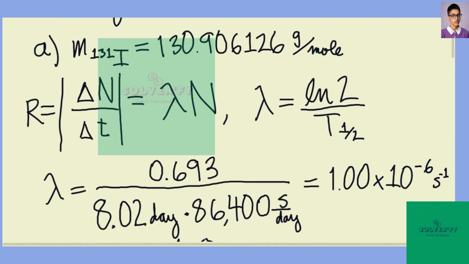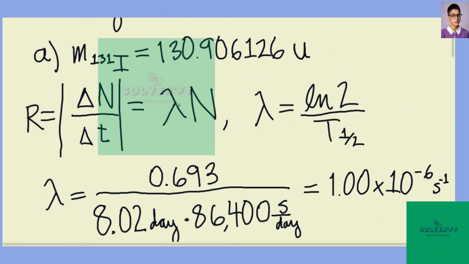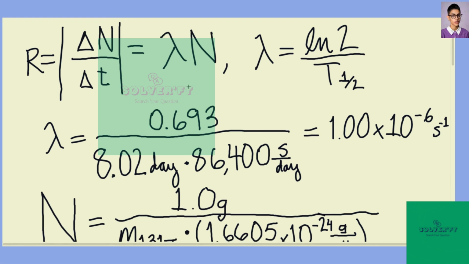So for our iodine 131 isotope, it has an atomic mass of 130.906126 atomic mass units. First, we'll find our decay constant. We are told that the iodine 131 isotope has a half-life of